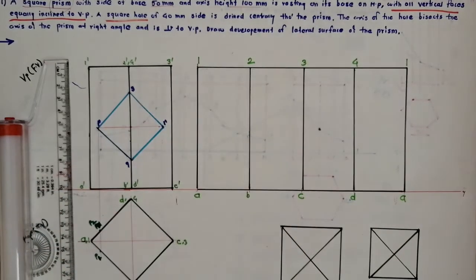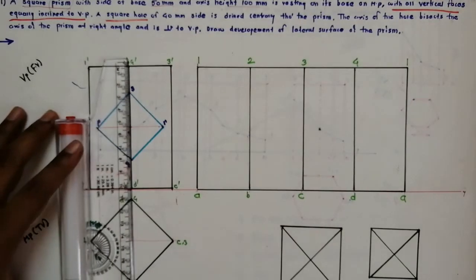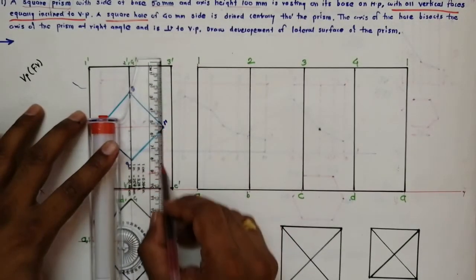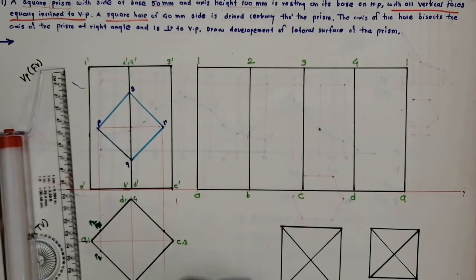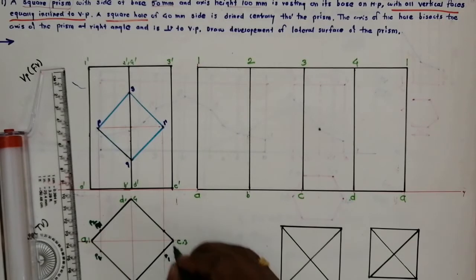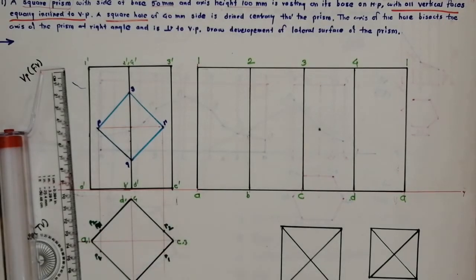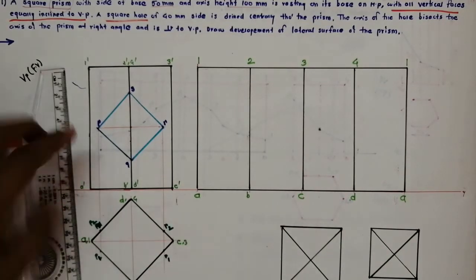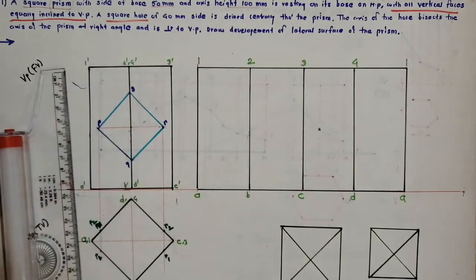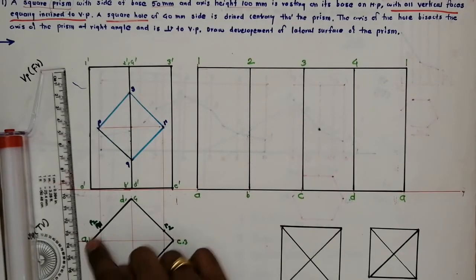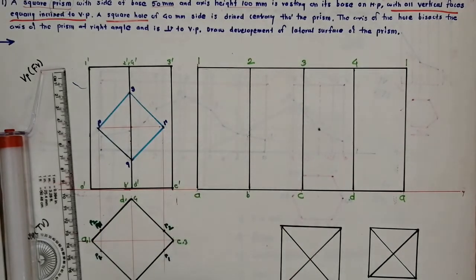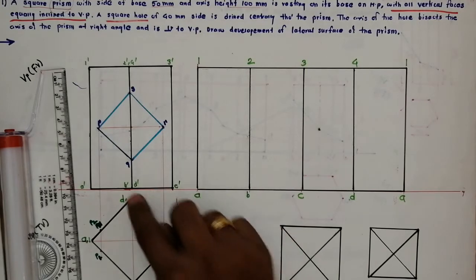Now about R, we don't know how many edges it is intersecting, so we have to transfer it, and it comes here. Suppose this is R1 and this is R2. Now we got the intersections for P and we got the intersections for R. Because of P there are 2 intersections on AB and AD. Because of R there are 2 intersections on BC and CD.